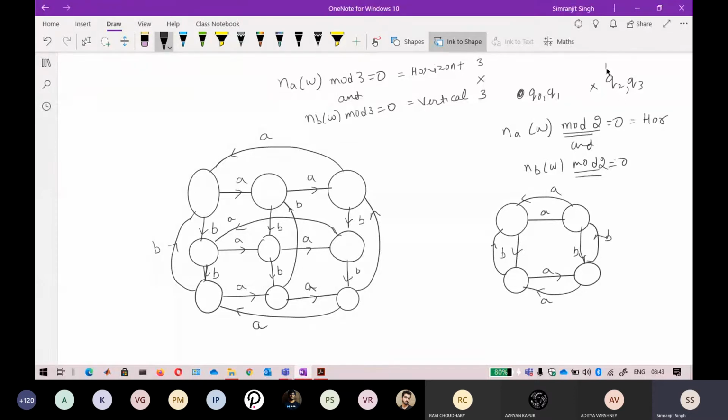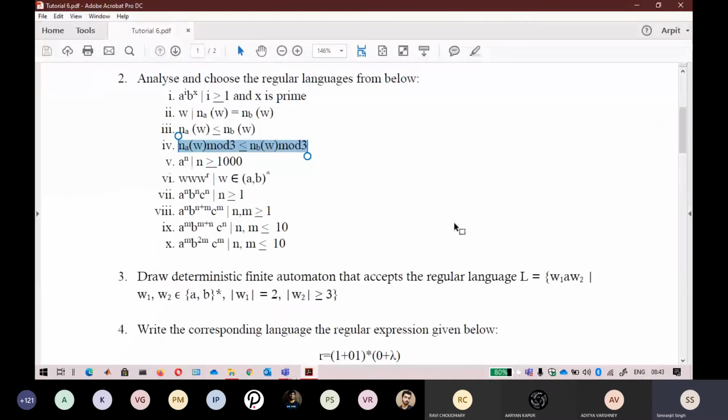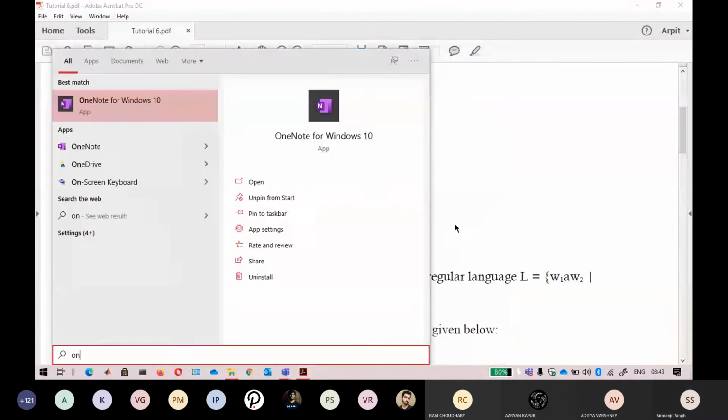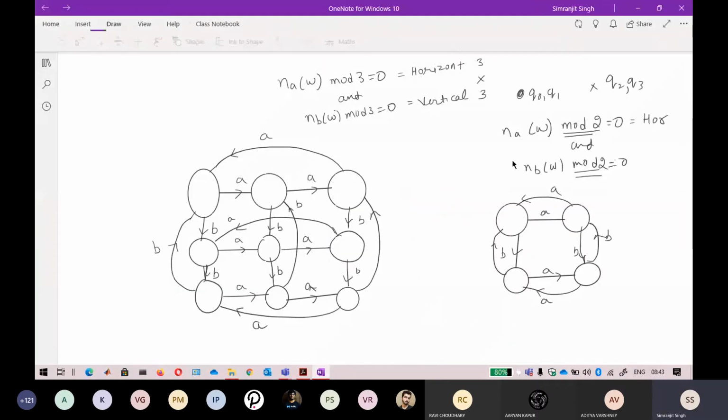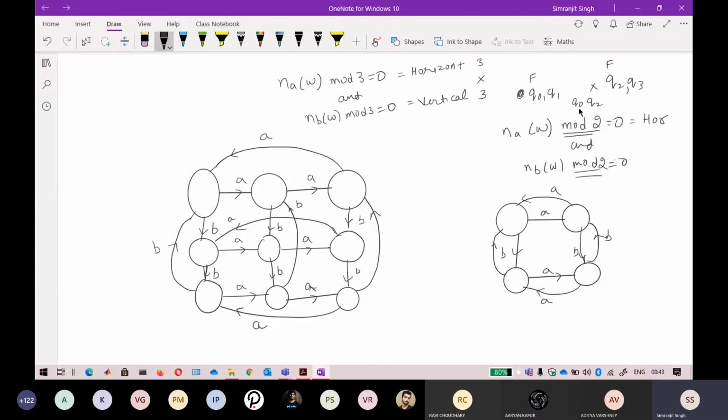And when we multiply this, whatever be the final state, just wait for a minute. So if you remember the step, whatever is the final state in the individual automata, when I multiply and combine it, whenever Q naught, Q2 comes together, I will say that this is your final state. But if I build the automata like this, how can I identify that a particular state is a final state?